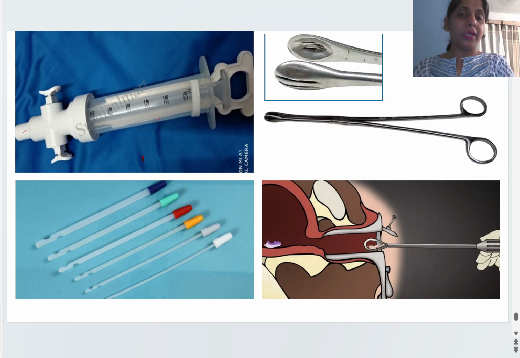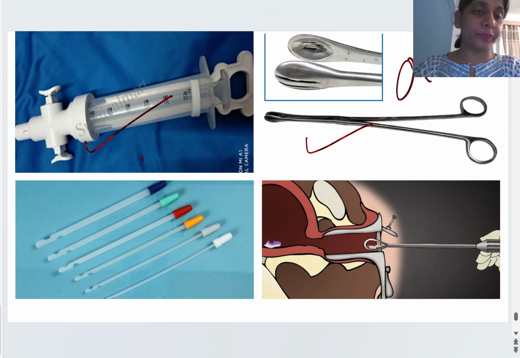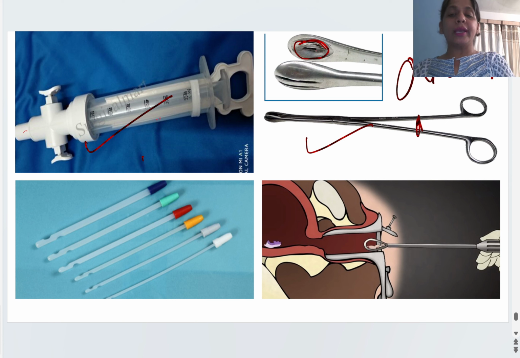ये कुछ इमेजेस हैं, ठीक है। ये MVA सिरिंज है, this one is MVA syringe, this is sponge, this is ovum forceps, ovum. ये शार्प नहीं होता क्यूरेट की तरह, इसमें एक ये जगह होती है स्पून लाइक, तो ये इसमें फंस जाते हैं प्रोडक्ट्स ऑफ कंसेप्शन। ये ब्लंट है और इसमें लॉक नहीं होता। ये कार्बन कैन्यूला है।